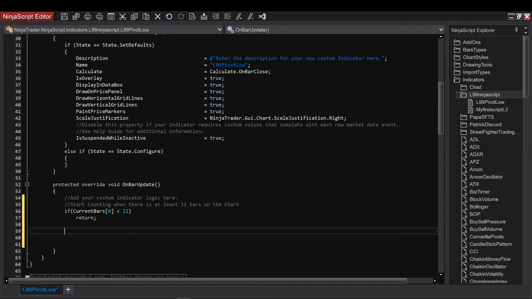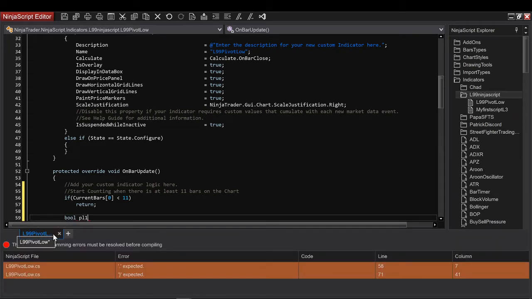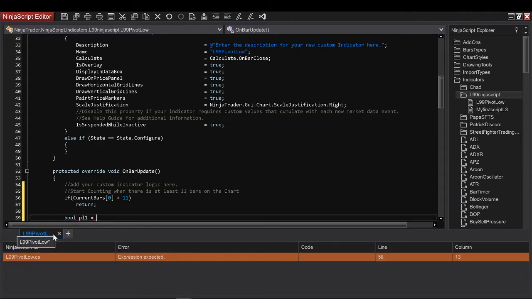So first I need to set the definition of a pivot low. So I need to create a boolean, which will be my pivot low 1. Okay, so the definition is this: if the low of the candle. The low, by the way, is a predefined function of NinjaTrader to find the low of a candle.